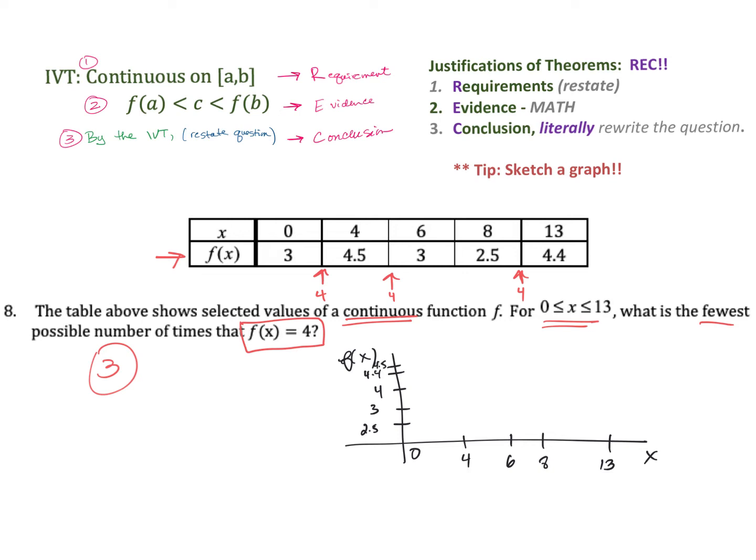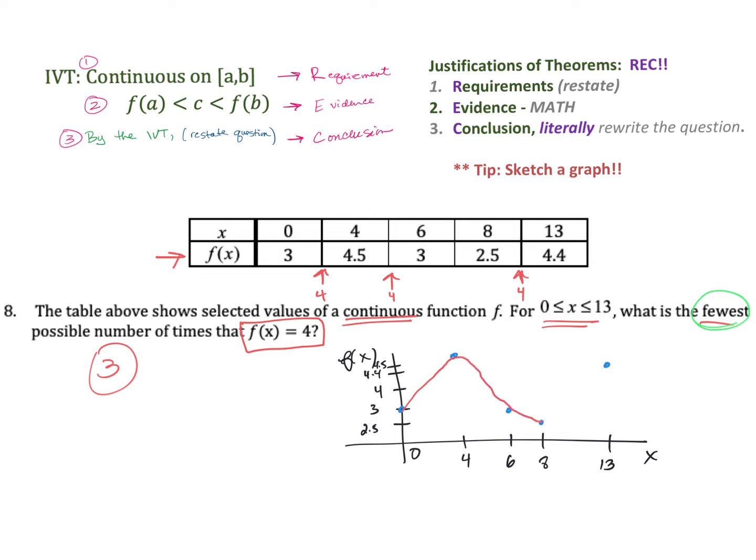Here are the values. So let's go ahead and label those points. 0, 3, 4, 4.5, 3, 6, I'm sorry, 6, 3, 8, 2.5, and 13, 4.4, which is about here. Now, it's a continuous function. We don't know what the function looks like. It could be doing anything crazy in there, but we're looking for the fewest values, so we're just going to kind of draw a line through them,